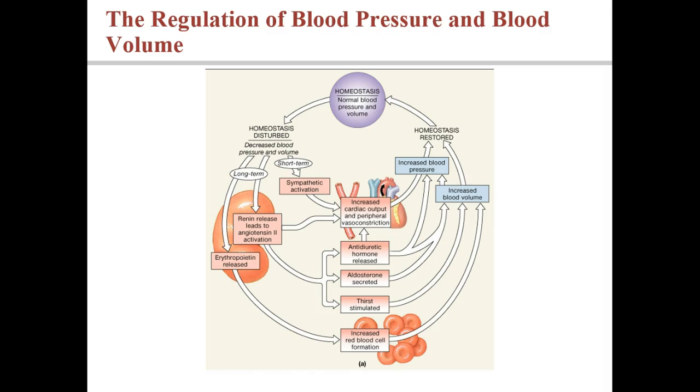And then as all of those happen, you have not only your blood volume increased, but also the osmotic pressure is going to increase because you have more solutes. And we'll pick this up on the next one.